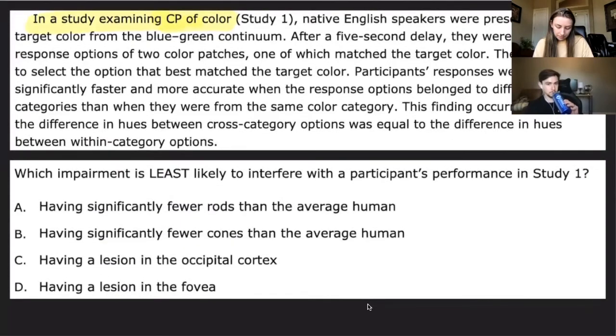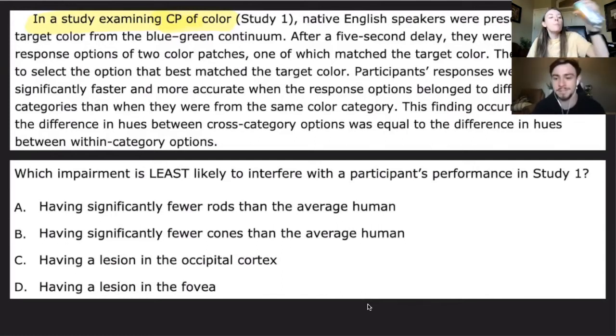Which impairment is least likely to interfere with the participants? Yeah. So John, you want to take this question? Knowing that we're examining something about color. Yeah, sure. Let me read it, and I'll break it down to how we would view it. And I haven't taken this yet, so I might get it wrong, but Maggie will be here to catch me